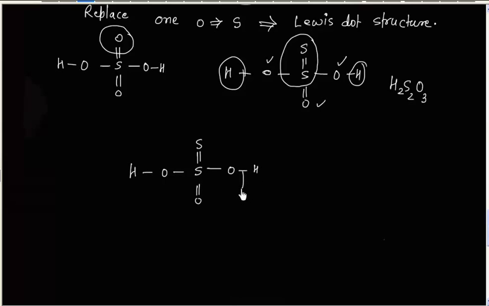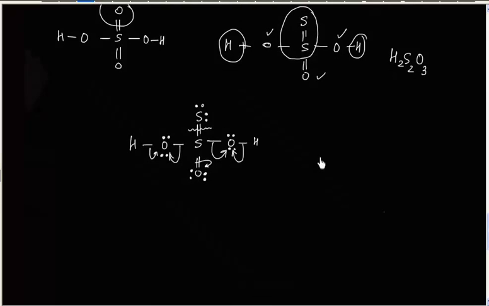Now these 2 electrons will be given to oxygen. Same in this case. Same here. This oxygen also has 2 lone pairs of electrons. Sulfur also has 2 lone pairs of electrons. And these 2 electrons will be equally divided. And these 2 electrons, basically 4 electrons, will be given to oxygen. So if I show the electrons, now we will have hydrogen, oxygen, sulfur, sulfur, oxygen, hydrogen and oxygen.